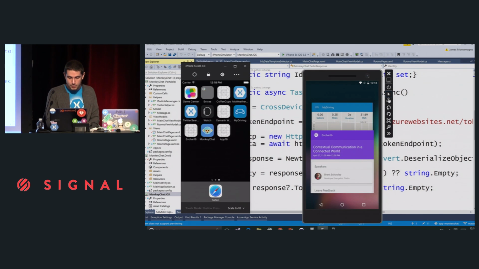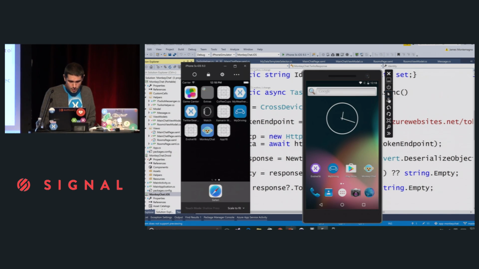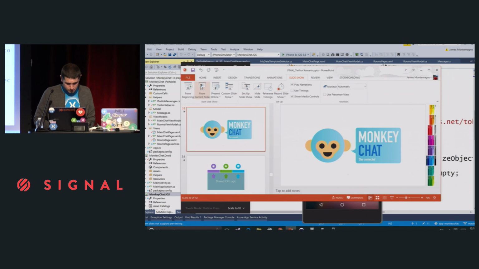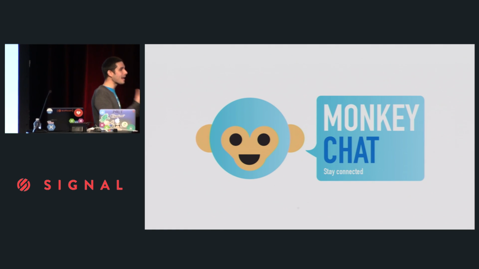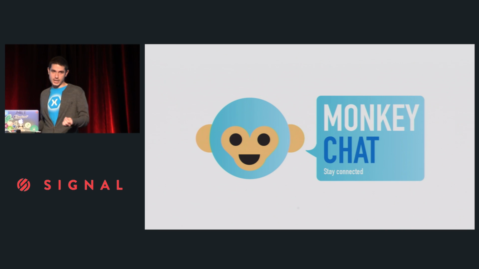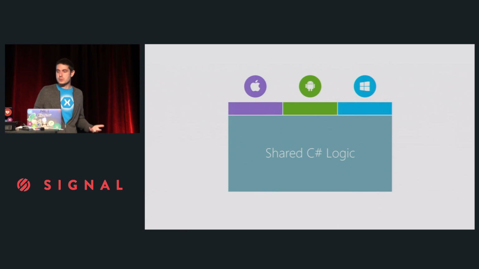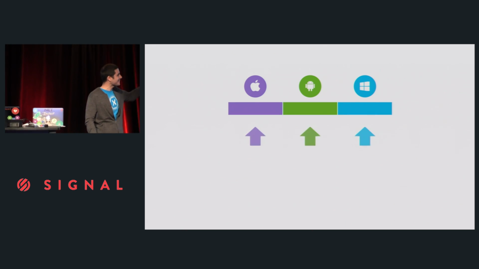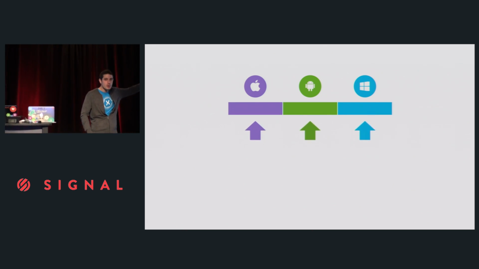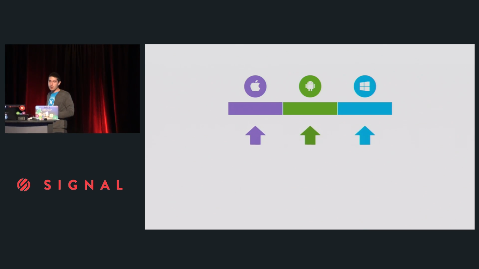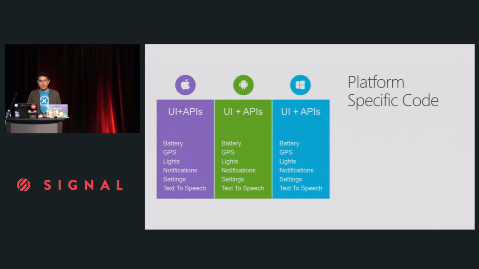So I'm going to close these applications. There we go. And come back to my slide deck really quick. Because what happens here, so I added the Twilio SDK for iOS and Android, and that's some native functionality because it's the native APIs. But what else is kind of living up in here? We wrote a little bit of Twilio code just to bubble it up to our shared code base. What else lives there? Well, not only does your Twilio code live there, but other things like battery, GPS, lights, notifications, things that are almost exactly the same between the different platforms, but they have different APIs.